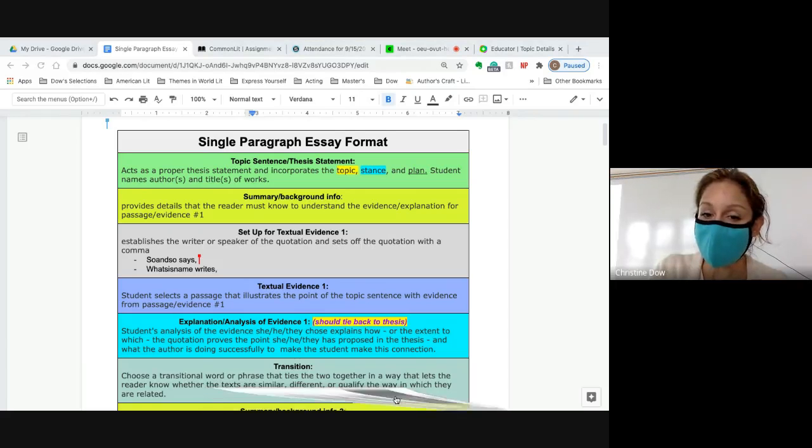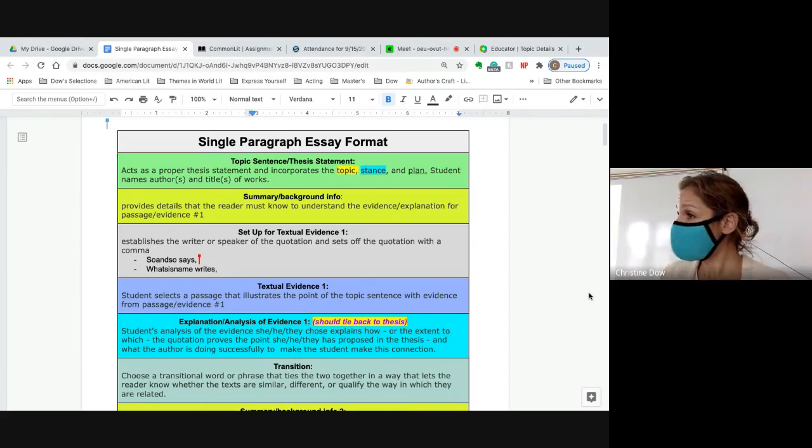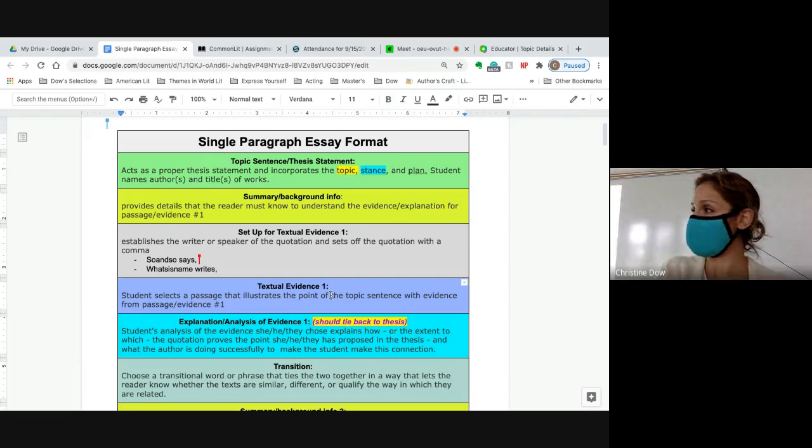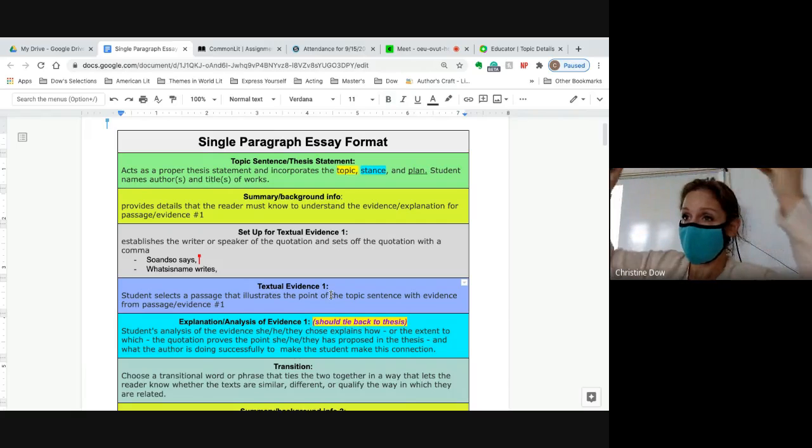Now, your thesis statement really should be addressing the prompt. The way that you craft your thesis statement is really based around your answer to the prompt, which you'll get tomorrow. Your summary background, setup for textual evidence, and textual evidence, it all sort of looks like a big pizza pie shape. Your summary background being that back part of the pizza where the crust is, it's that big broad explanation, right?